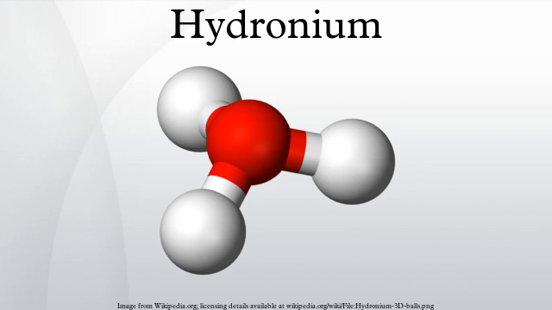The hydronium cation, also known as hydroxonium, is the positively charged polyatomic ion with the chemical formula H3O+. Hydronium, a type of oxonium ion, is formed by the protonation of water, H2O. This cation is often used to represent the nature of the proton in aqueous solution, where the proton is highly